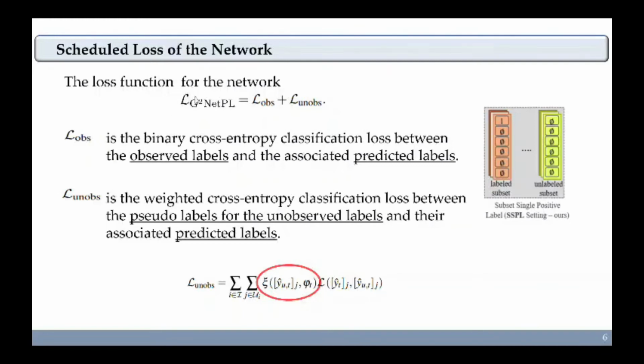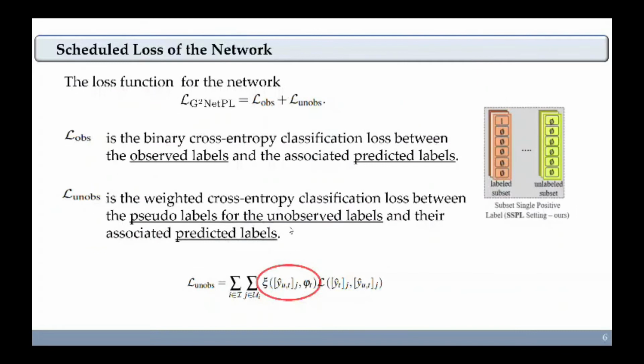The second stage of our framework is related to updating the parameters of our network. We use this loss function, which consists of two parts. The first part is the binary cross entropy classification loss between the observed label and the associated predicted label. The second term is the cross entropy classification loss between the pseudo label for the unobserved label and their associated